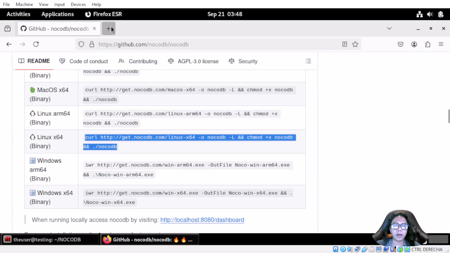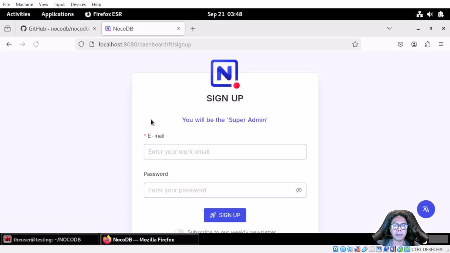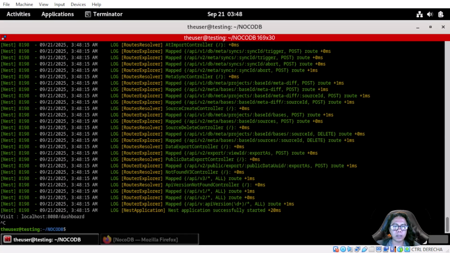I will go to Firefox and open this URL, and here I have access to NoCoDB as superadmin. Okay, it's fine at this moment. However, what is the point of this? NoCoDB is using SQLite 3, but in this case we need to configure it with Postgres.